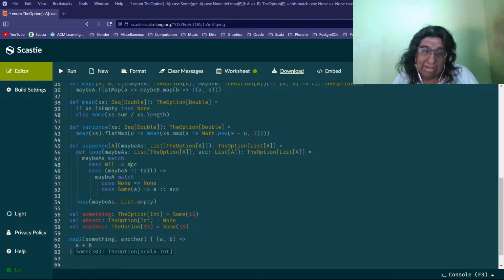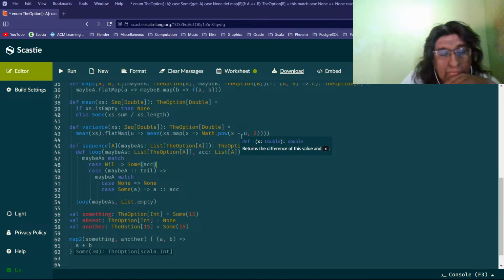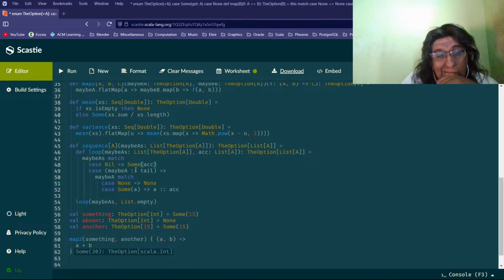Since we need to return an option, then we will wrap the thing like this. And then if the list is maybe A and a tail, then we do the